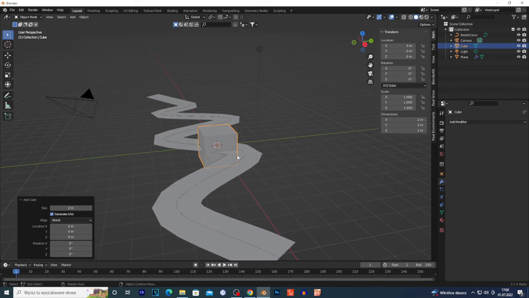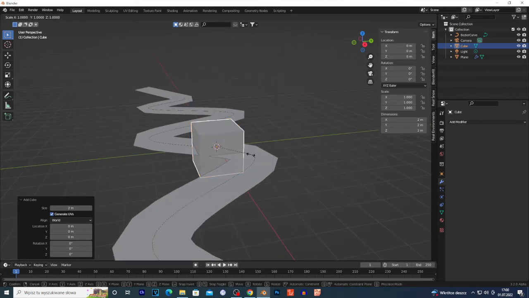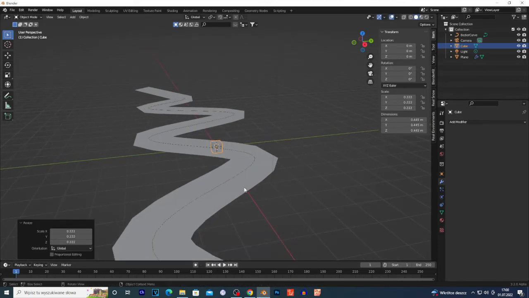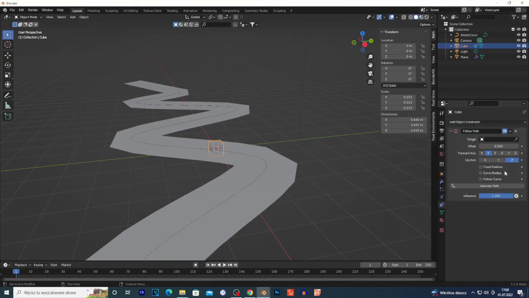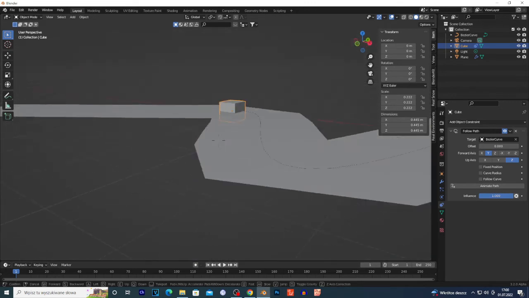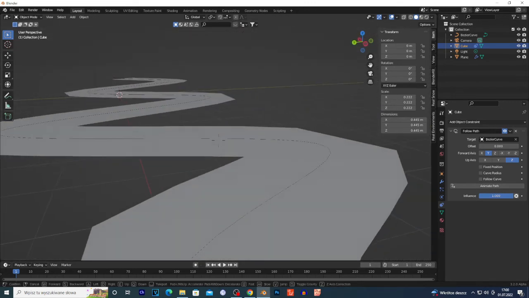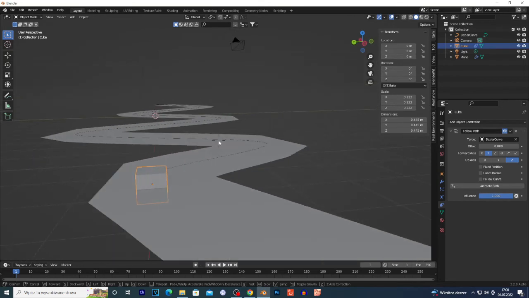I'm gonna use cube. Whatever object you want, you can use. So I'm gonna scale this down by S and move the mouse. I'm gonna select my cube. And what I'm gonna do, I wanna go right here on this icon, left click and choose follow path, and I'm gonna select my Bezier or whatever it's called. Right here, as you can see, this is my cube. Yes, and if I'm gonna just